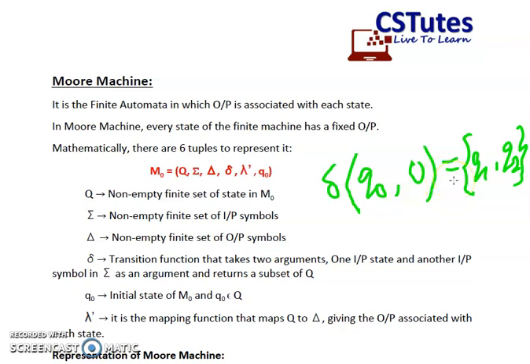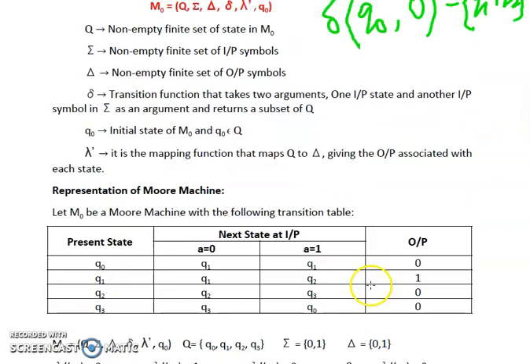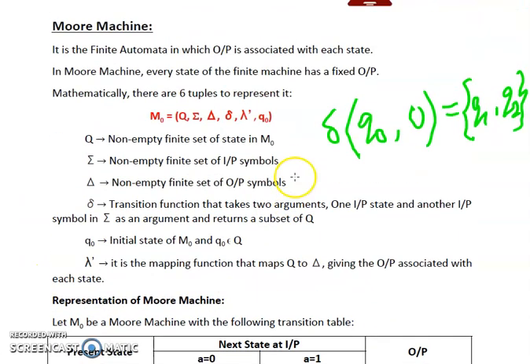As already discussed many times before, delta can be represented in three ways. We can represent it in the form of a transition function. We can represent it in the form of a transition diagram, as shown just now in the form of the diagram, for example like this, Q0 A. So this is the form of the diagram in which delta can be represented. Now, delta can also be represented in the form of a table like this. We are going to discuss it later.